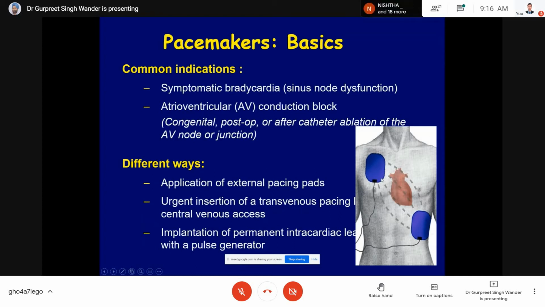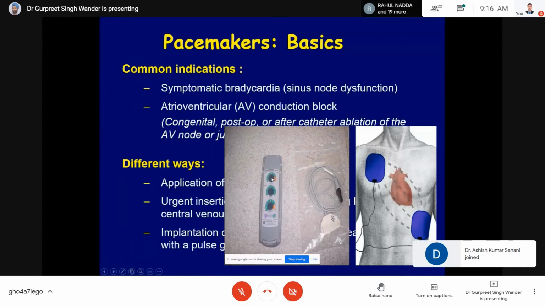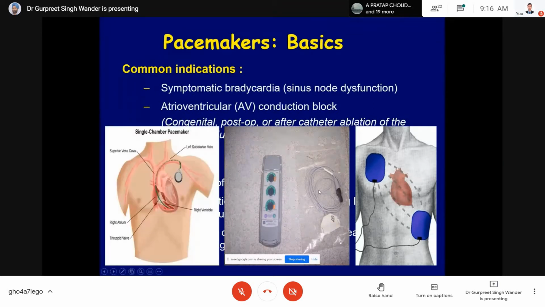So this is what I shared with you. We can put pads and we can apply energy to these by an external pulse generator. And this is what a transvenous temporary pacemaker looks like. It has these switches which tell you the rate at which we have to pace the heart. Normally we do it at 70 or 80 beats per minute. It gives the output, how much current we have to give, and it has this sensing function which enables even a very elementary temporary pacemaker device to sense the patient's own beat. So it will not fire when the patient's own contraction is there.